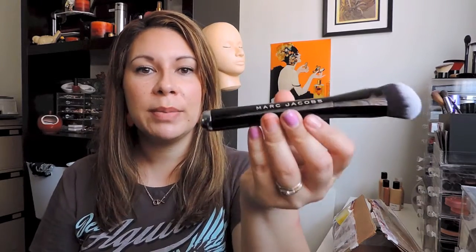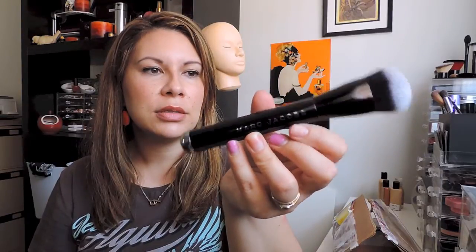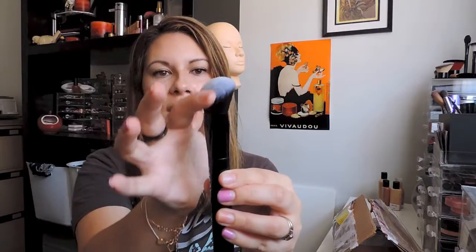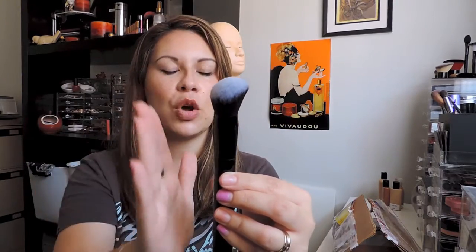And it's quite weighty as well. I wouldn't say heavy, but it's got quite a bit of weight to it, so it doesn't feel like a light, flimsy brush. But it's very glossy and sleek, and I don't know if you can see how dense those bristles are. They're very, very dense and very fluffy, and it's got that, as you can see, sculpted or angled edge to it. I've seen people compare it to